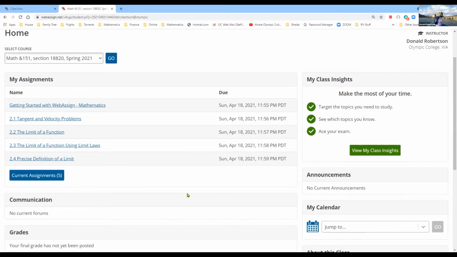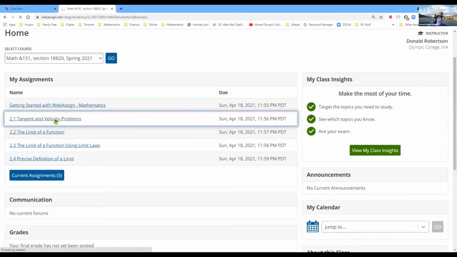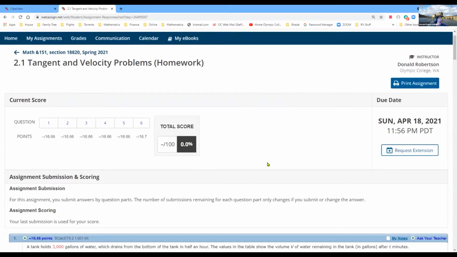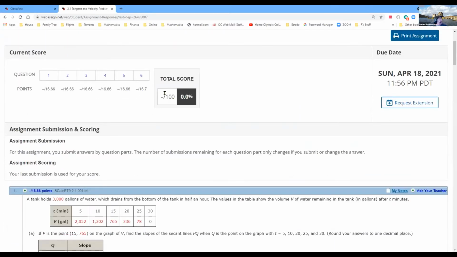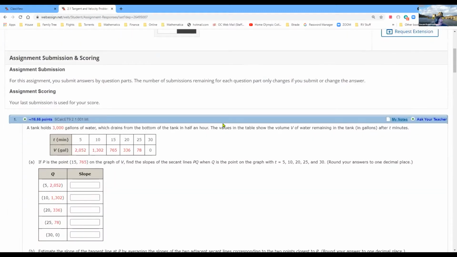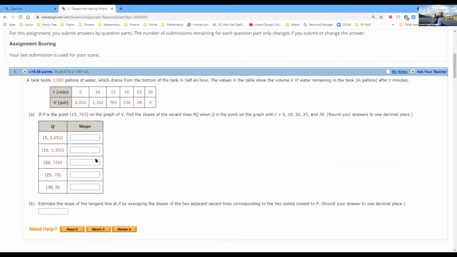Now, if you've never used WebAssign before, let's show you some. If I click on this, hopefully it'll work. I'm in Student View. There we go. Each homework assignment is worth 100. Here is the question. You click on that, you type in your answers. I'm making this up. 42,